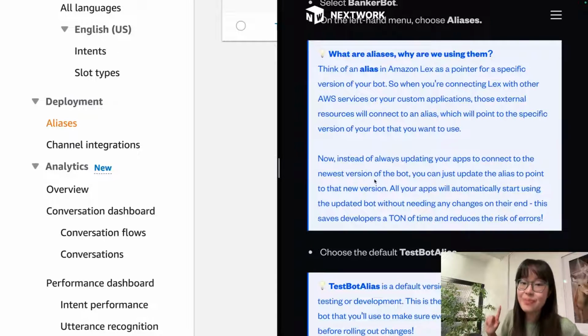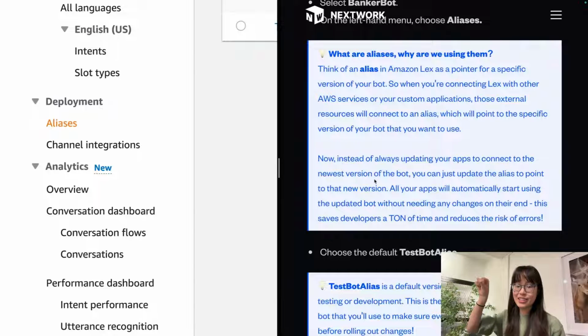So if you're wondering this, think of an alias in Amazon Lex as a pointer for a specific version of your bot. So when you're connecting Lex with other AWS services, those external resources will connect to your alias, and that alias will connect to your bot. So it's almost like this is your Lambda function. This is your Amazon Lex chatbot. In the middle is your alias. So your AWS Lambda function is like, I'm going to try to communicate with Amazon Lex. So it's going to communicate with your alias,